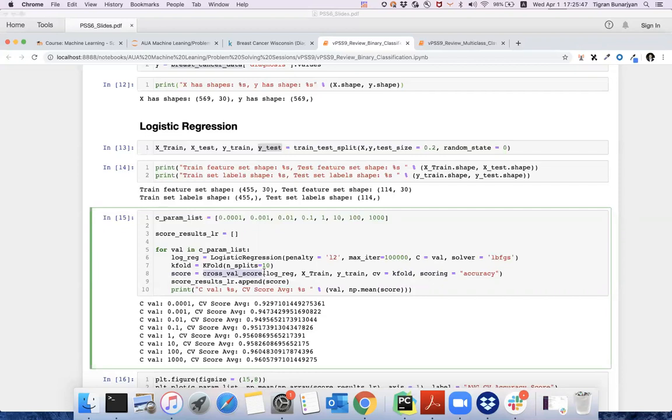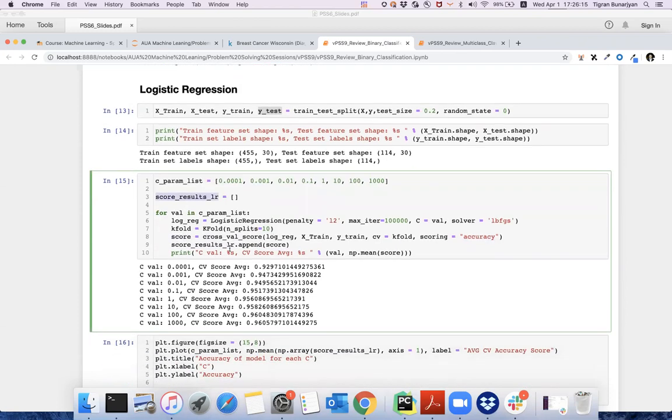The cross-validation score provides the accuracy score for each fold used to estimate the accuracy. So score here would be a list containing 10 accuracy scores. And at the end, we append this result into the score result logistic regression list,